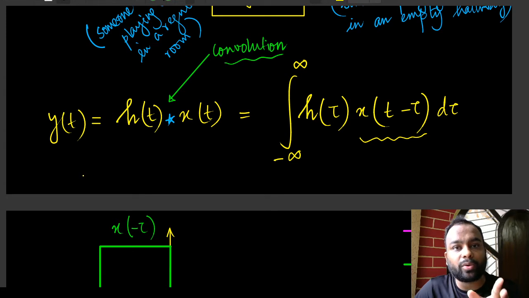So when I want to calculate the output of the system for t equal to 0, I have to put t equal to 0 here. That would represent a constant inside the integration, okay? And we have to integrate accordingly, right? Up to that point, I think it's clear, right?